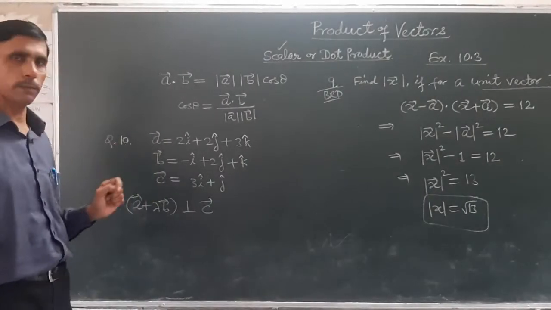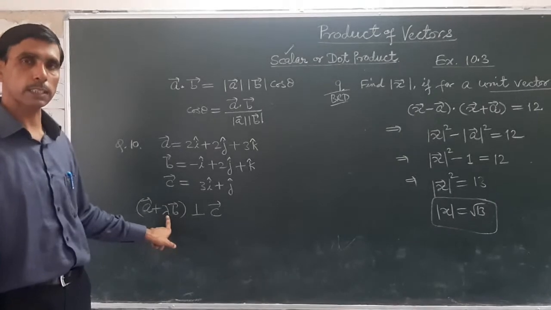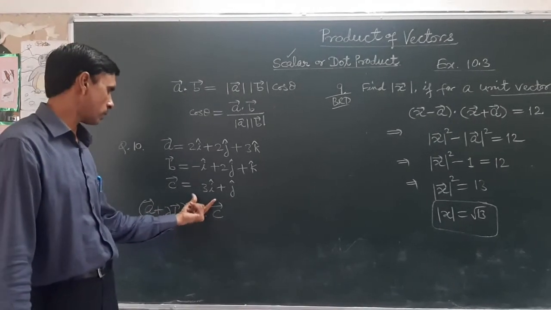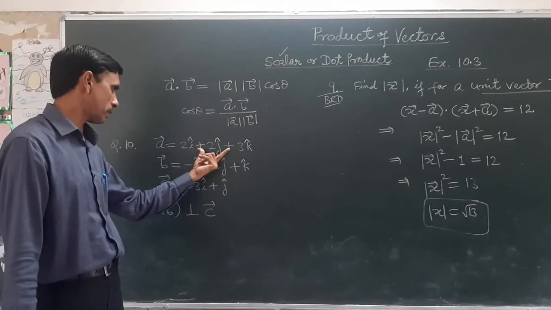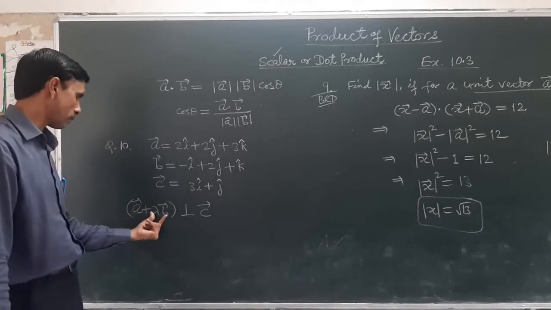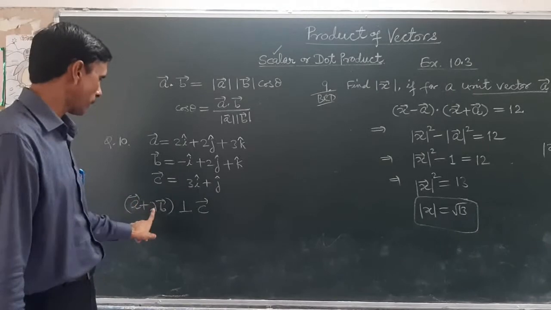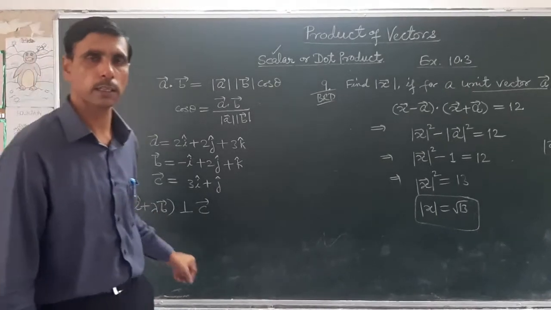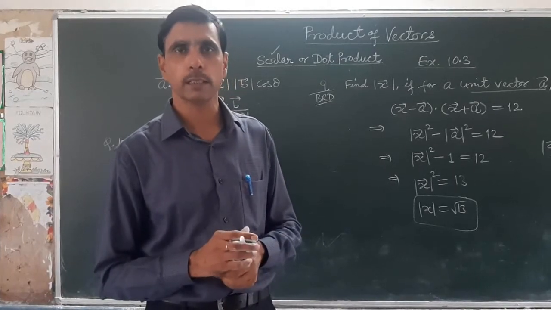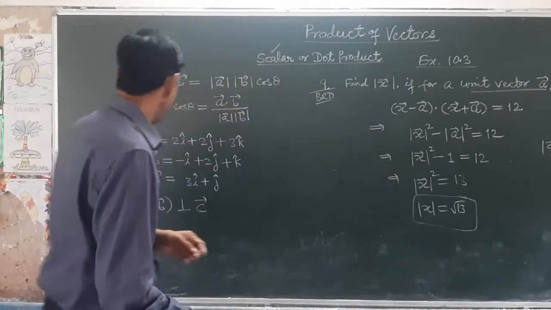दिस इज क्वेश्चन नंबर 8। अब ये एक क्वेश्चन है 10, 3 वेक्टर्स आर गिवन, फाइंड द वैल्यू ऑफ lambda सच दैट a plus lambda b इज परपेंडिकुलर टू दिस वेक्टर c। वेक्टर a गिवन, b गिवन एंड c गिवन। कंडीशन a plus lambda b is perpendicular to c, so find the value of this unknown quantity lambda। बात हुई है properties में, if two vectors are perpendicular then their dot product is 0।